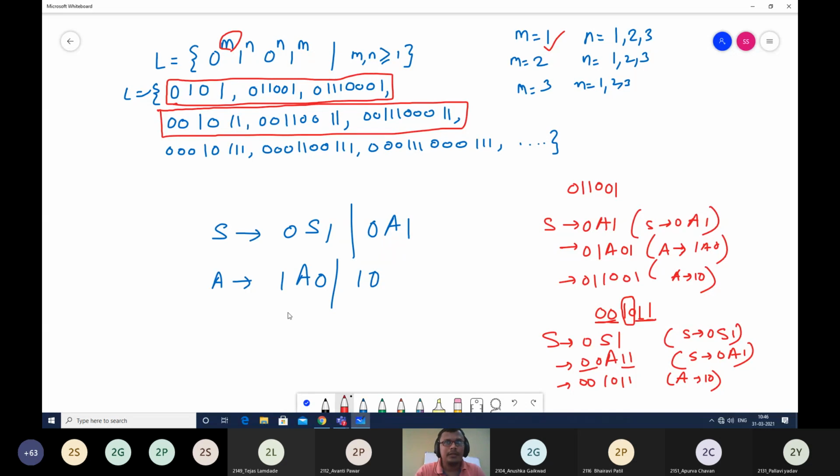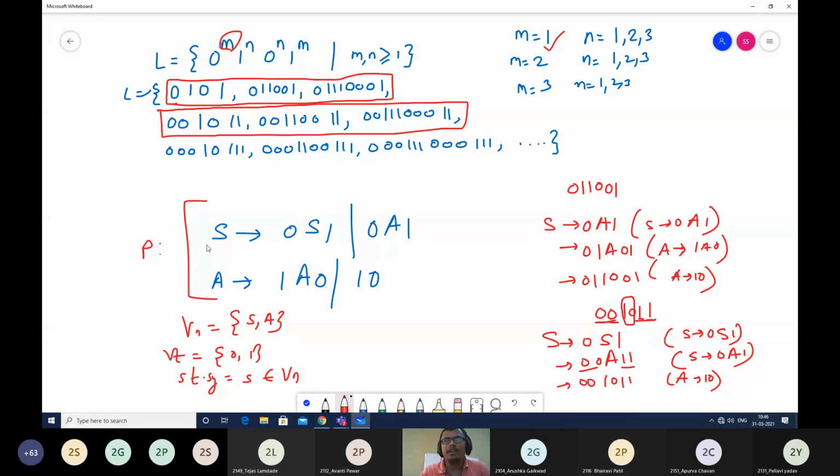Is it clear? So what are our terminal and non-terminal symbols? Our non-terminal symbols are S and A. Our terminal symbols are 0 and 1. Our starting symbol is S, which belongs to P. And these two examples you can solve. Is it clear? I'll wait for 2-3 minutes. Take down these strings, take down the grammar production rules, write the 3 tuples and solve 2 strings as I have solved on the board.